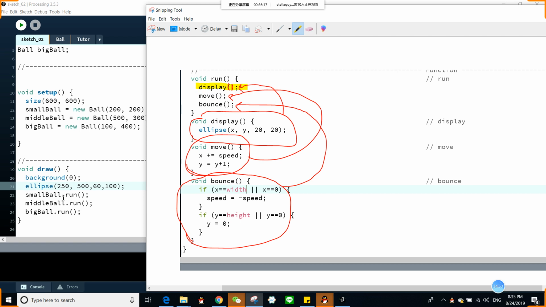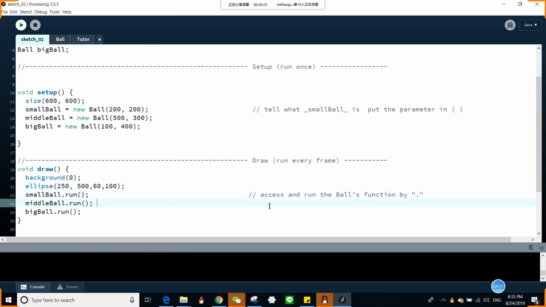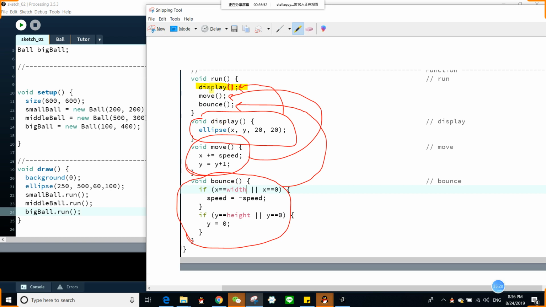So the first object dot run function is the same as you type this. Okay, middle ball. You see, something like this. It's like apostrophe s. Okay, get the run function and run it in draw. Right, so, and here you don't have to say run. You can say anything. You can name it any other function. So for example, here,